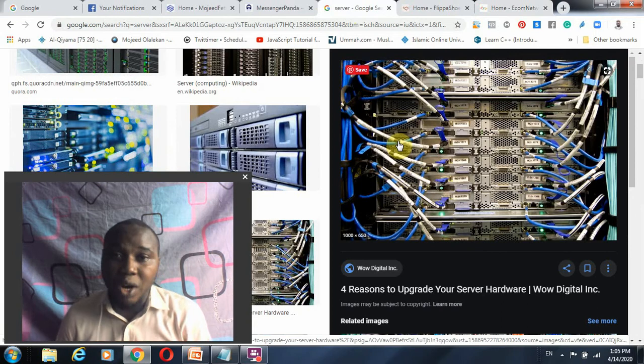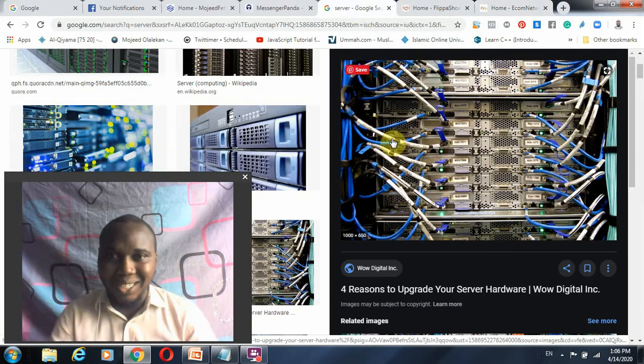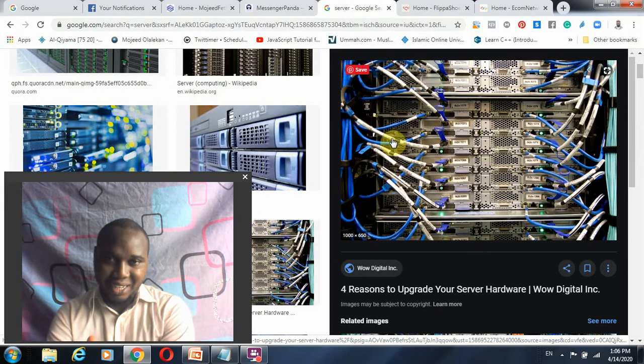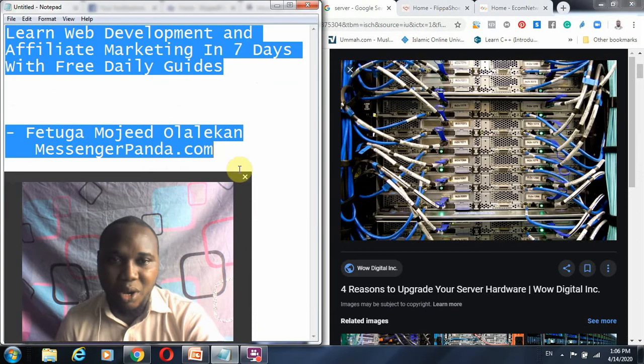And anywhere in the world, it's going to be global, anywhere in the world. I repeat, anywhere in the world. So that is the reason why you need a server. Now, a domain and a server, that we are talking about,